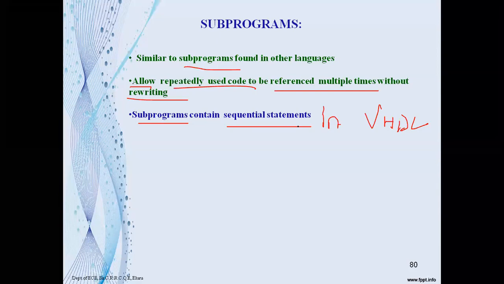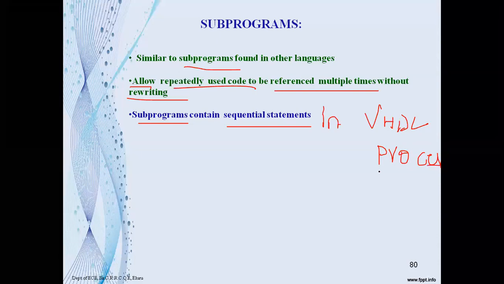And from the VHDL point of view, you can also define a subprogram as having sequential statements contained inside, and it is called from a process. We have a statement called process. We haven't discussed the process yet, but we will discuss it in the third unit.